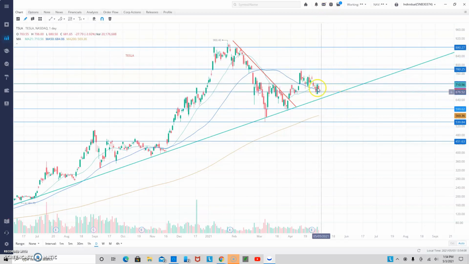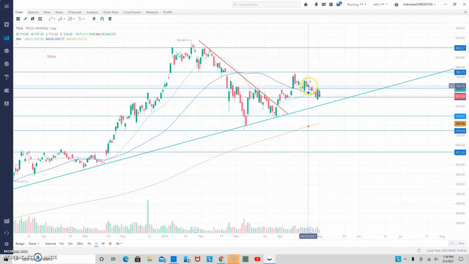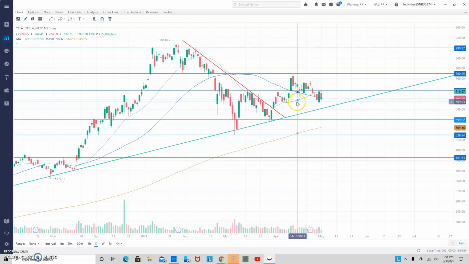But if you're playing options, this doesn't really work for short-term options, but if you want to play longer-term options, I know the options on Tesla are really expensive and you have to have a lot of money to be able to play that. But if you're looking to do something like that, you could buy spreads and sell them. Once again, just once it gets close to this trend line,